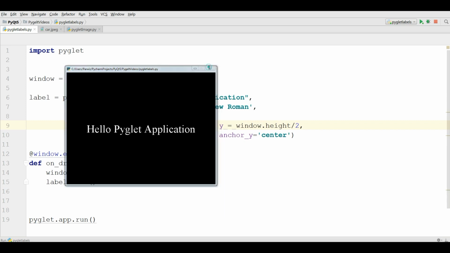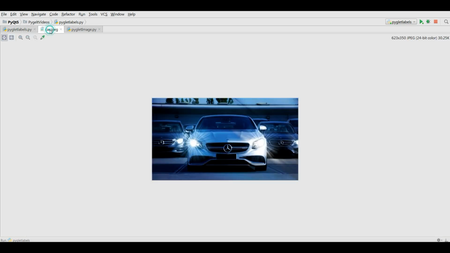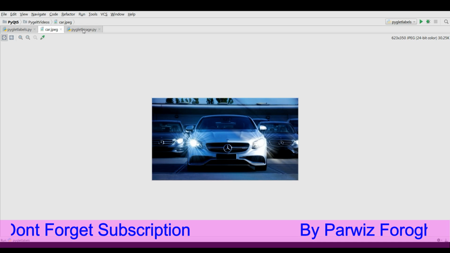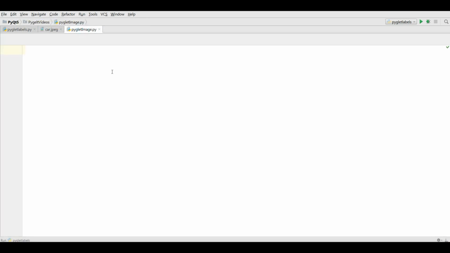Okay. For this I have an image. This is a nice car image and I add it to my directory. And also I have a Python file with the name Pyglet image. Okay. Now the first thing I need, I'm going to import Pyglet, and after that I'm going to make a window,